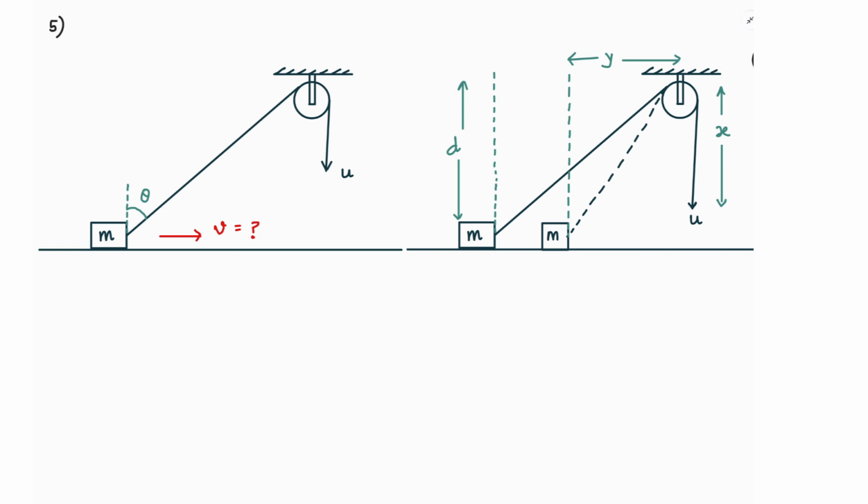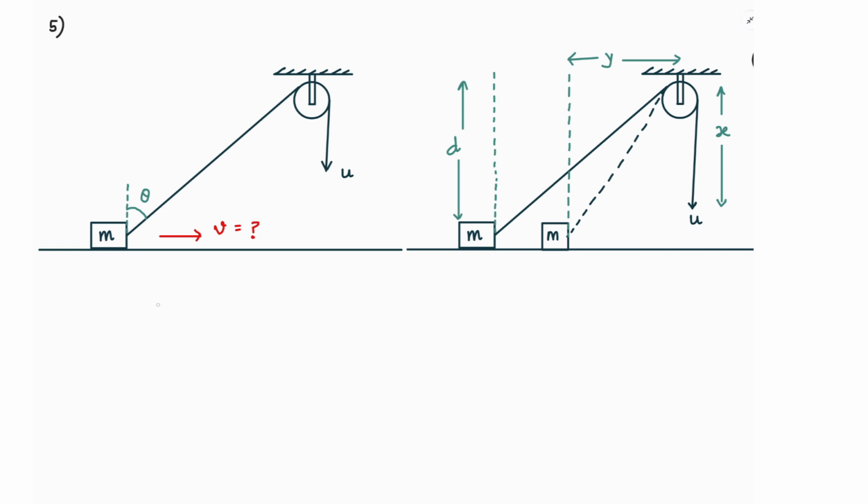So in order to solve this using the conventional approach, this is the diagram which we have. The separation between the fixed support and the horizontal floor, that is distance d, remains constant throughout the motion of this block. And this part of the string, when pulled in the downward direction, will eventually drag the block in the forward direction. So if at an instant of time we consider that this separation is y and this distance is x,